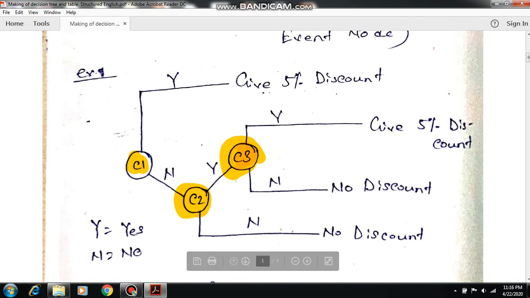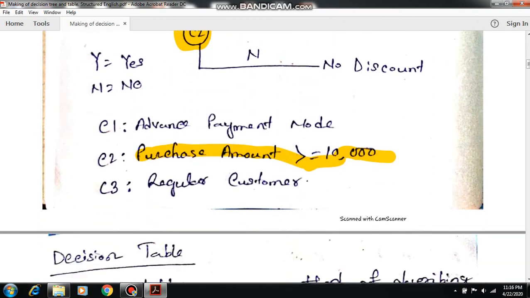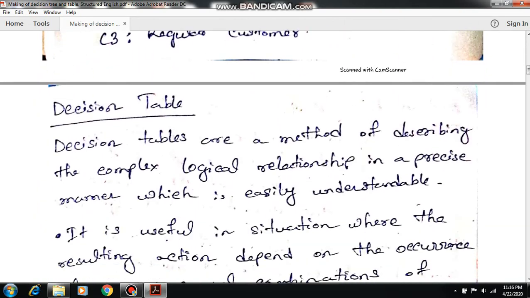Decision tree mainly comes in your examination as a short note or an MCQ type of question, meaning 3 marks or 5 marks. This type of question comes in your examination. The next topic is the